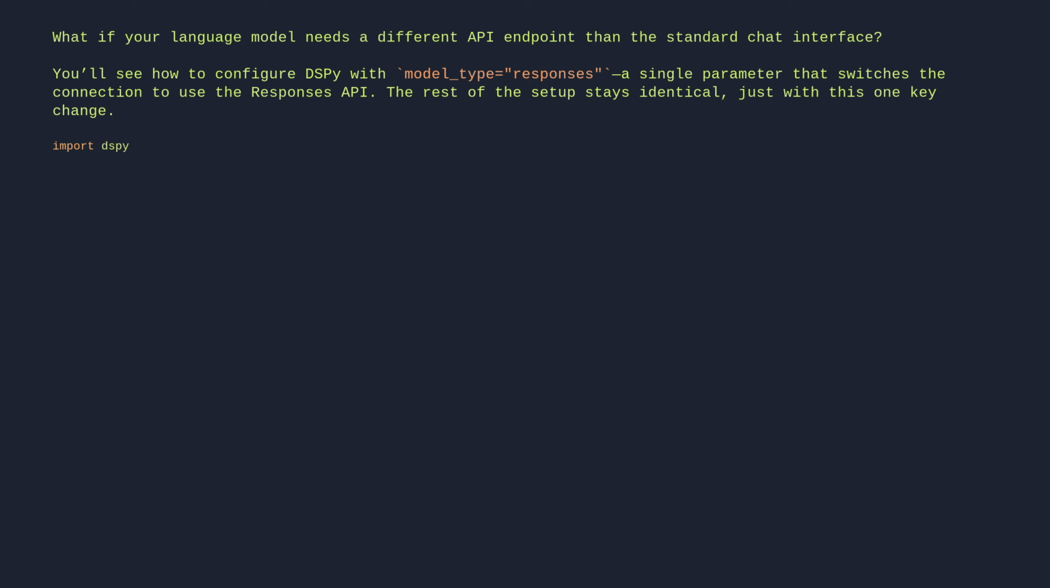Import dspy. # Configure DSPy to use the responses API for your language model. dspy.configure(lm=dspy.LM("openai/gpt-5-mini", model_type="responses", temperature=1.0, max_tokens=16000